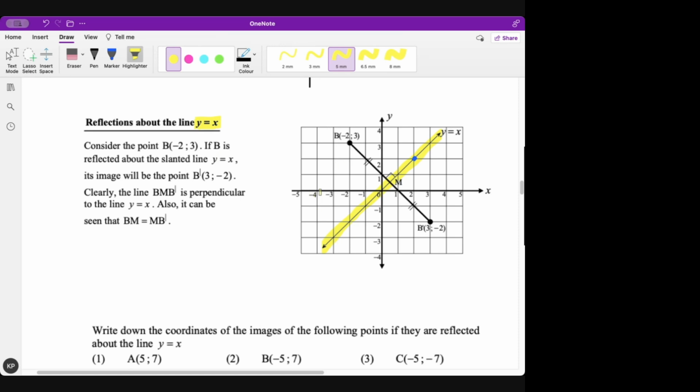Now what happens here is your coordinates will swap. They will change places. So if you look at this point B, okay, B, this is the, I know this bird